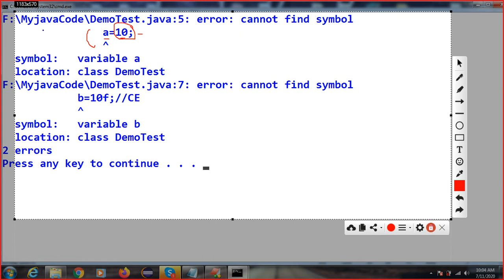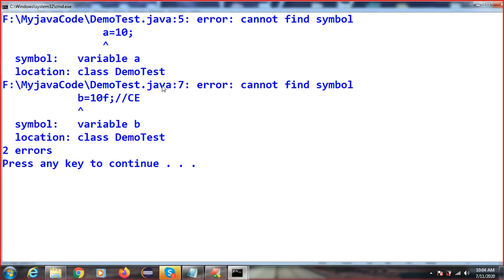So we need to tell them that whatever value we have stored is the integer type, and this other one is the float type. If you do not define this, the JVM and compiler are not able to understand. So that's why we require data types.